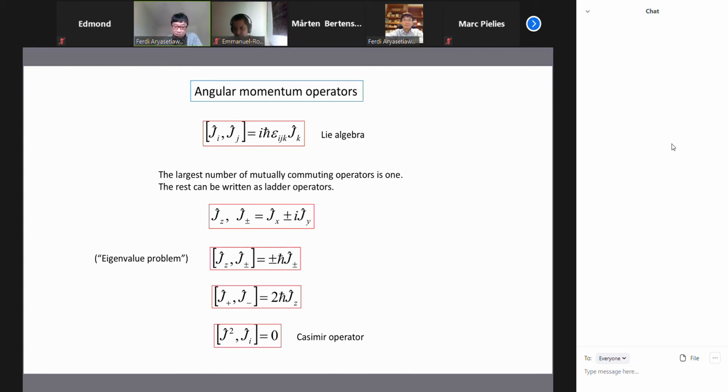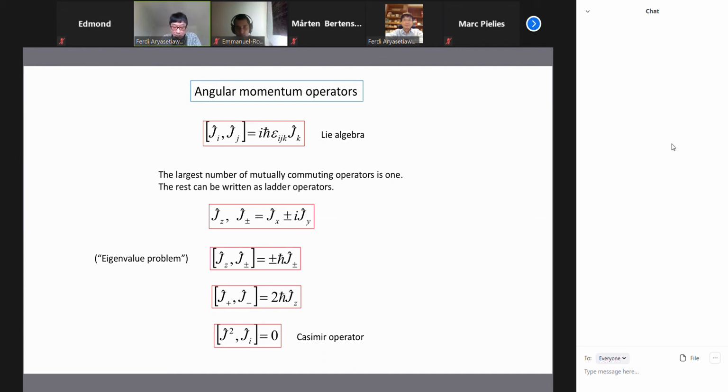Okay, so we have these angular momentum operators. Our basic starting point is these commutation relations. And we talked about such a set of operators that fulfill this type of commutation relations as a form of Lie algebra. So this is an example, or a particular form, of Lie algebra, and